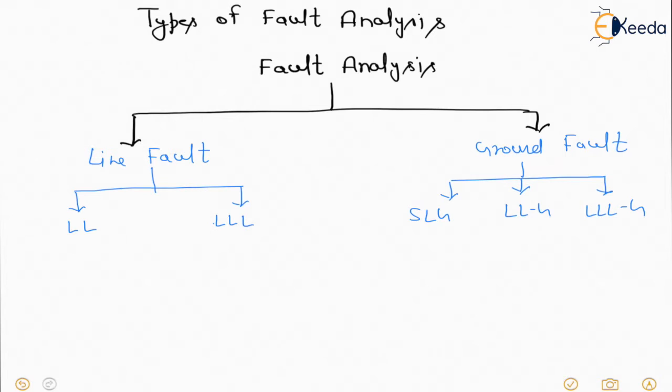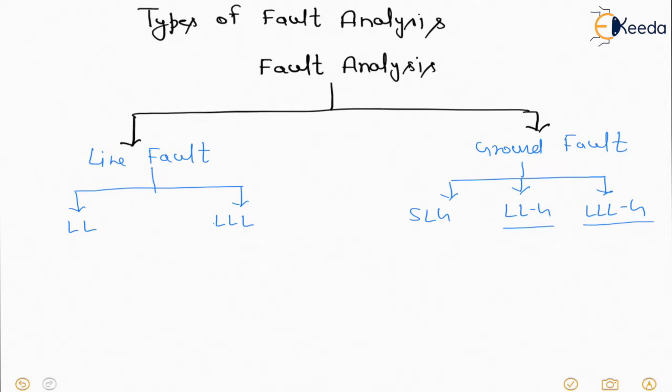We can take a few examples. If we look in villages, we can see a wood stick attached between the lines, so that if a storm comes, there is no short circuit between two conductors or three conductors. You would have seen this in the villages. And if a storm came and a tree fell onto the transmission line, that could be a triple LG fault, or it could be a double LG fault.